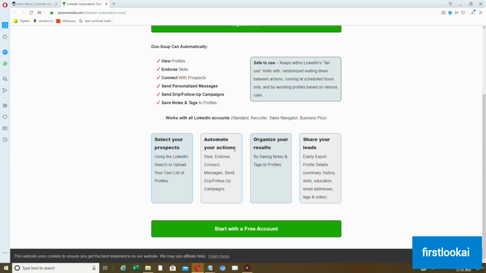People are going to see, okay, Srinidhi Ranganathan is endorsing me. So they'll wonder, who is Srinidhi Ranganathan? Then they click on that LinkedIn profile and they come and see, oh, Srinidhi Ranganathan, marketing legend, whatever. Understand, guys? So that's how it's going to work. Then connect, message. Automate connecting, the messages, send drip follow-up campaigns. What is a drip campaign, by the way? A drip campaign is